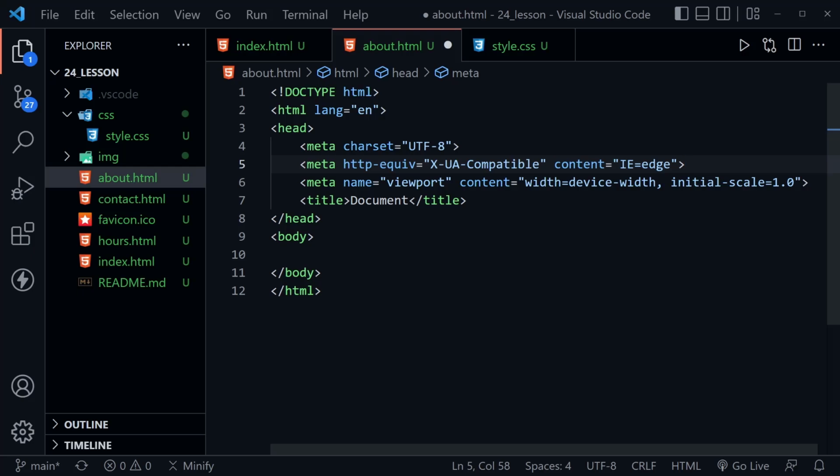The one that I want to make sure we include today is the next one, meta with the name equal to viewport, then the content is equal to width equals device width and initial scale of 1.0. We absolutely need that meta tag in the header of all of our HTML pages so we can make them